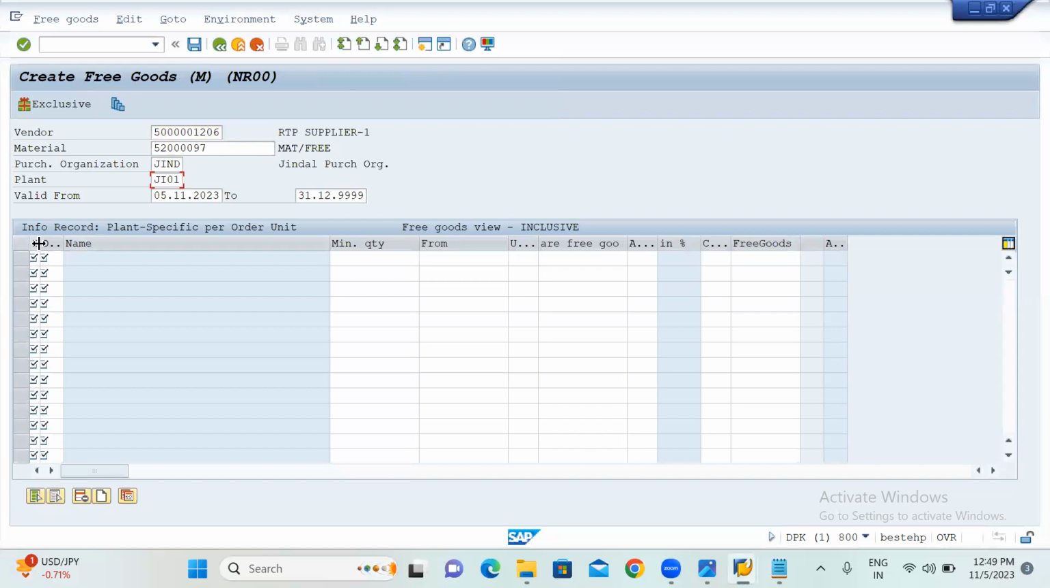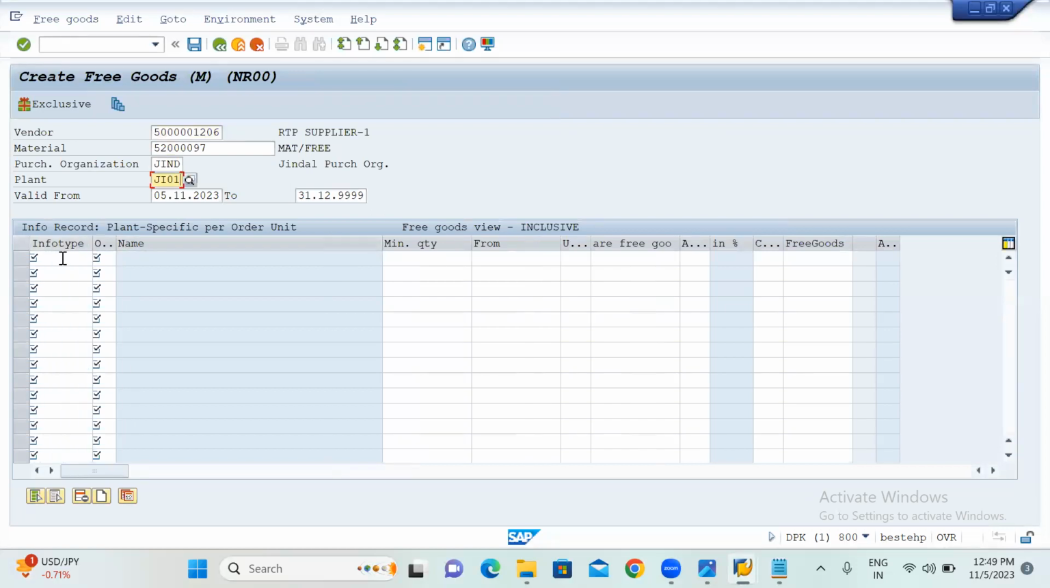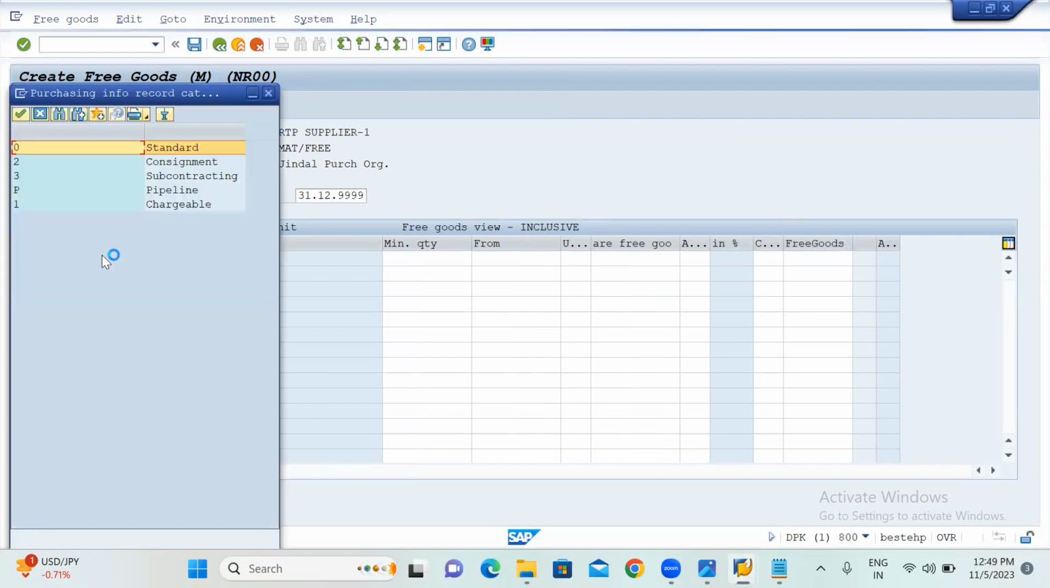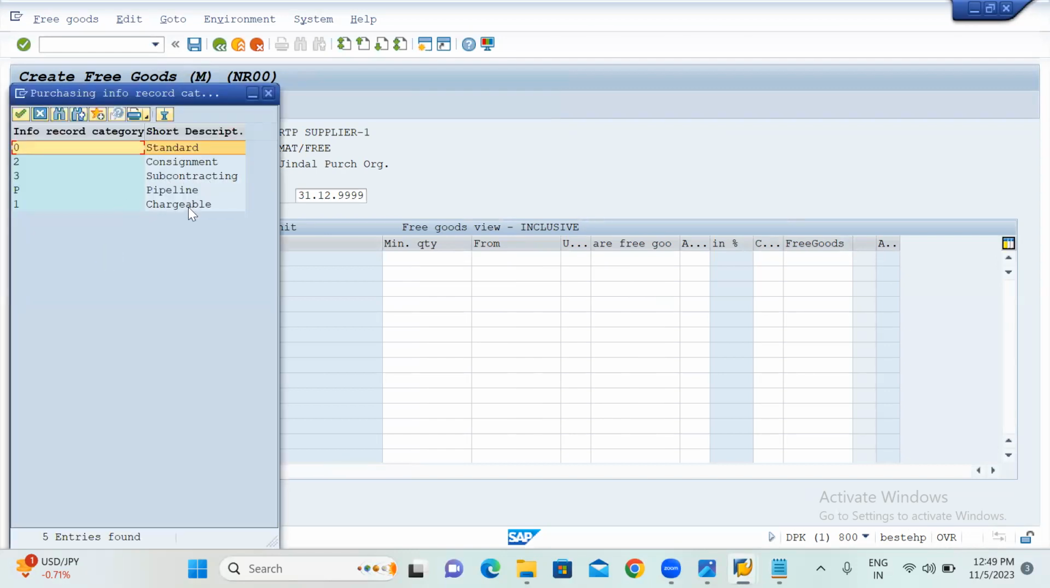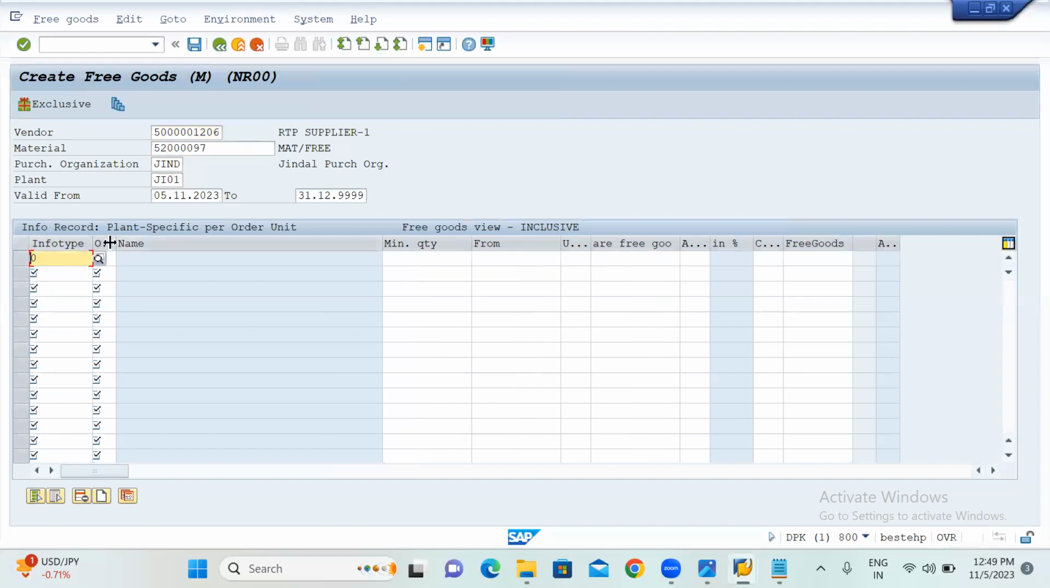Then after, here you have to put the info type. So in info type, you will go for the drop down symbol. So you will see the standard, consignment, subcontracting, which process you are doing. So I am just taking the standard one. So I just take the standard. Then after, you will select